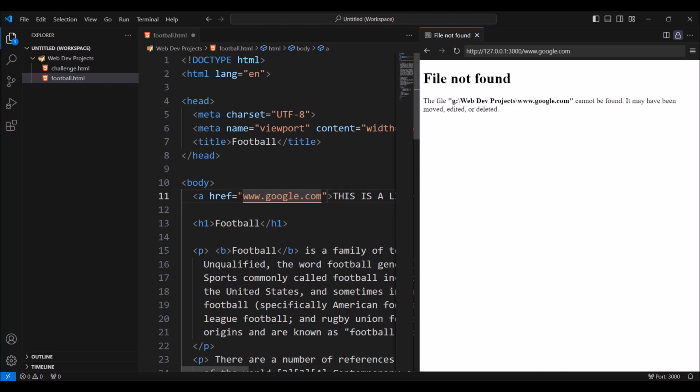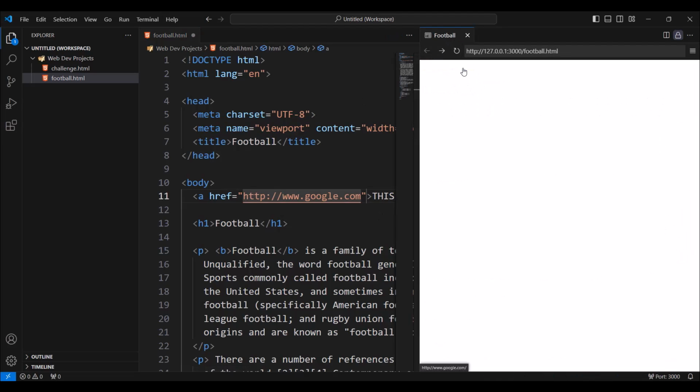In order to solve that, you need to use the HTTP protocol. And to use the HTTP protocol to say explicitly that this is going to be the Google address, we need to put here http:// Let's go back. Let's click now.